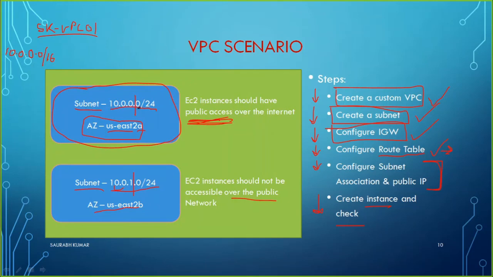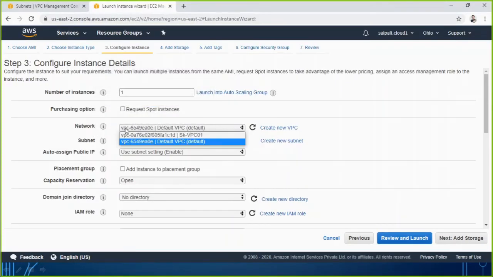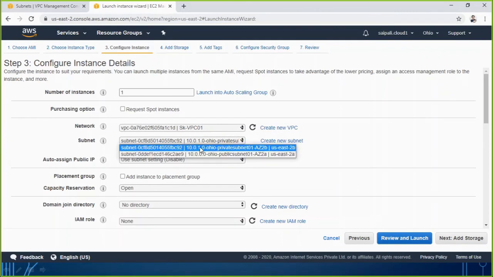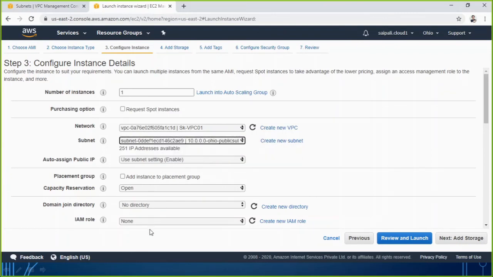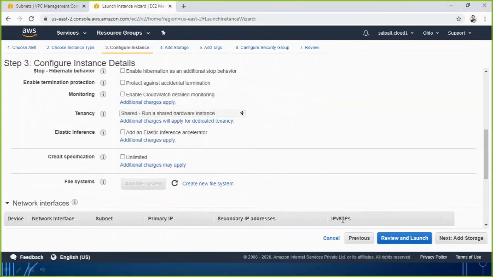So when I am making a new EC2 instance, I have to choose the network properly. The network is SKVPC01, and because we have two subnets, do you want it in the public segment or the private one? I am choosing public, and all the other options will be as you were using before. There will be no change.